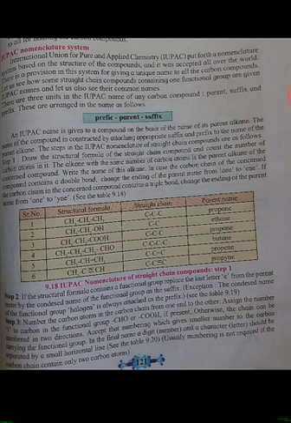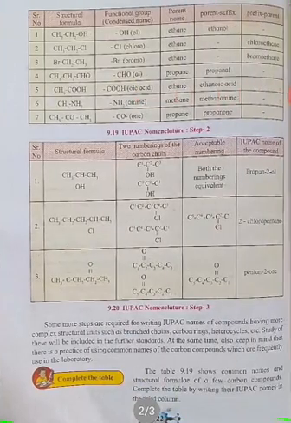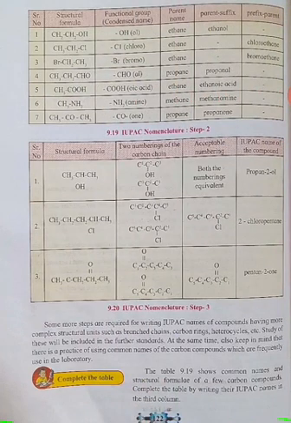In the final name, a digit and a character should be separated by a small horizontal line, and we can refer to table number 9.20. So let us observe this table. Here in this table some structural formulae are given to you, and how the two numberings of the carbon chains are shown to you. The third column is the acceptable numbering and how you will write the IUPAC name of these compounds. First, let us see the first example.